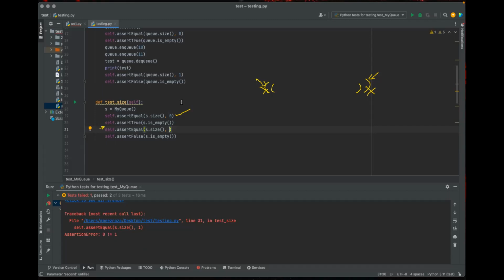Okay, so what do we need to assert? So in the line after line 30, you say s dot inQ, and you insert 100, for example. Oh, okay. Similar to what we just did in the other one. Exactly.